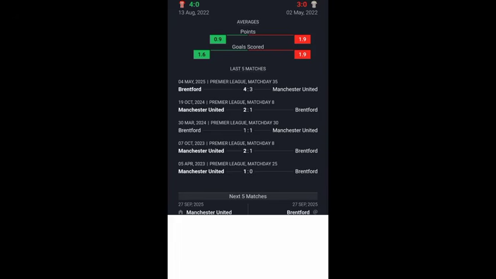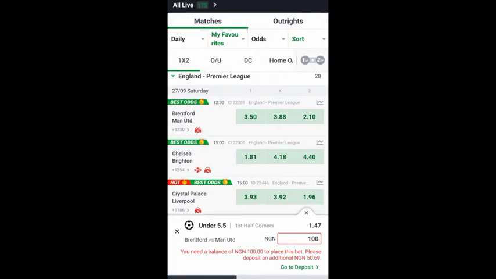So scrolling down below here, you can see these guys have similar strength. You can see 4-3, 2-1, 1-1. Their goals are just similar in range. So this tells me that in this game there won't be much pressure to push the goal through the net right there. So basically, all you have to do is to find similar games.